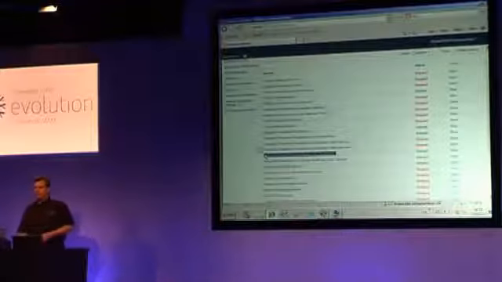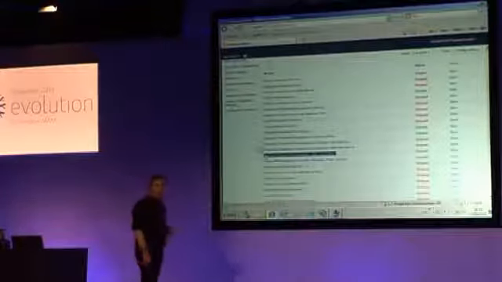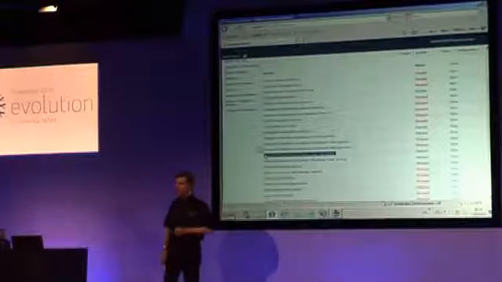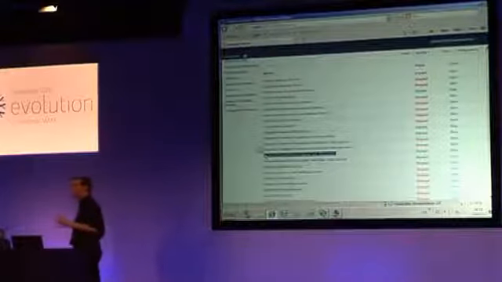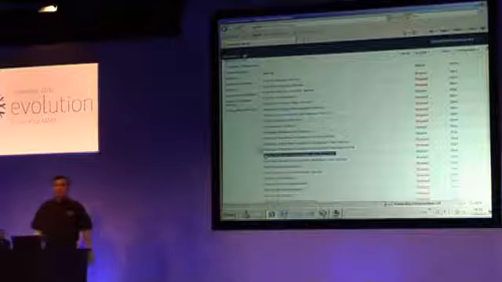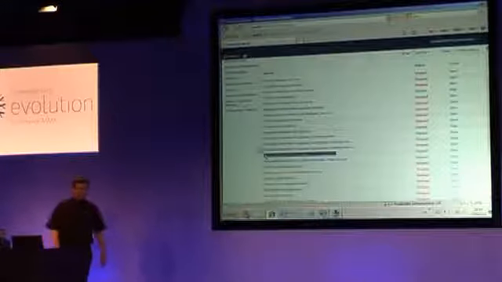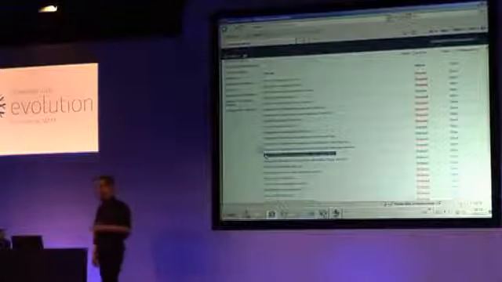And this service is responsible for managing the web applications that you create, making sure the settings are applied. So say you've got a farm with 2 web front ends, and you join a third one in, this service is going to make sure that the configuration settings are applied to the third one.